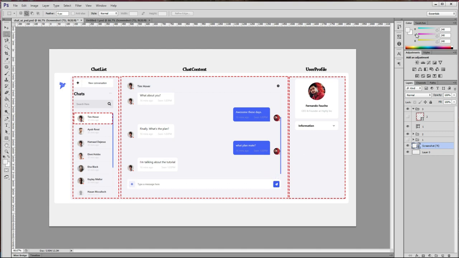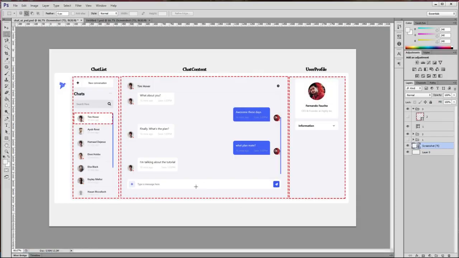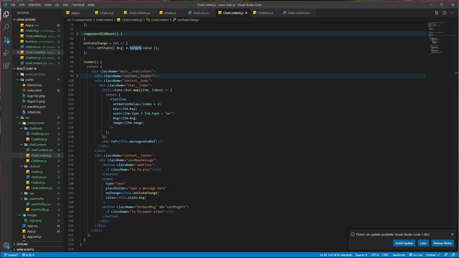Okay, so here we have the input section and the button, and the input section is mapped with the button, and the value is the message variable of the state. And when the value of the input field is changed, I am setting the state to the current value of the input box.